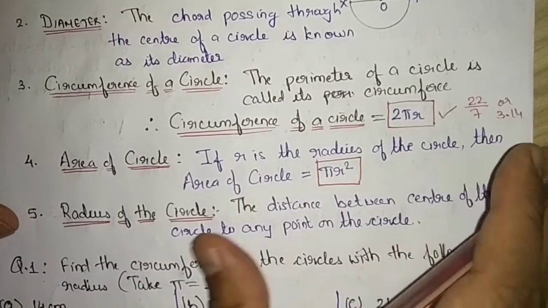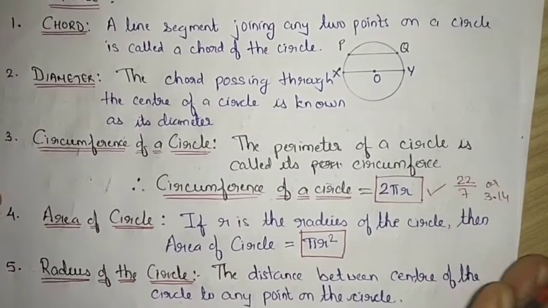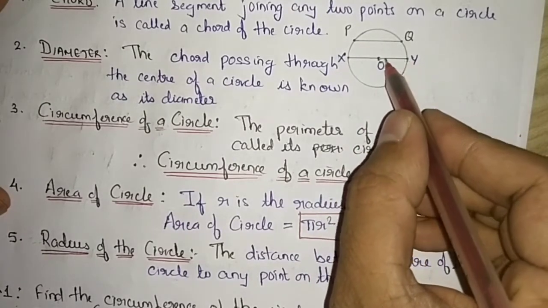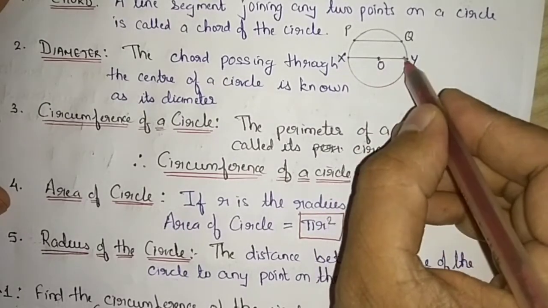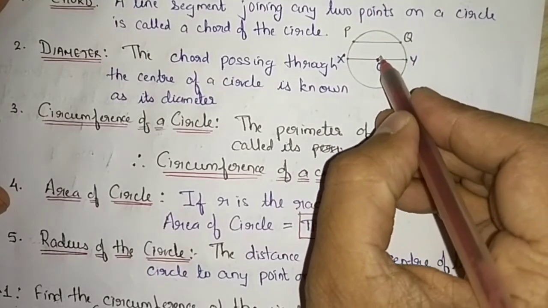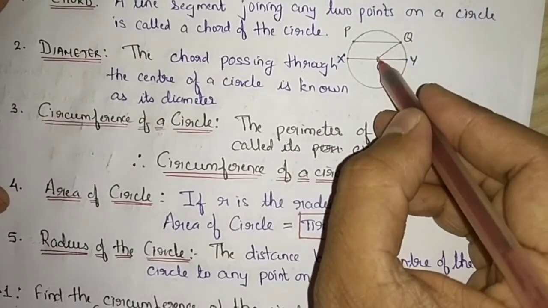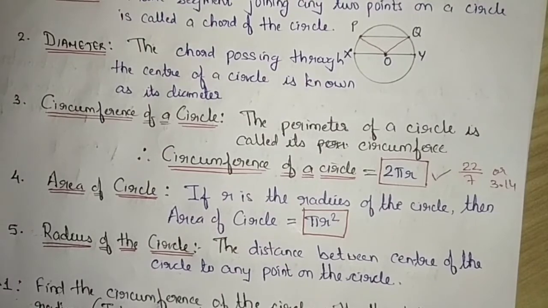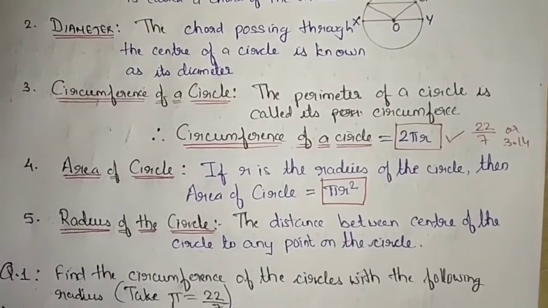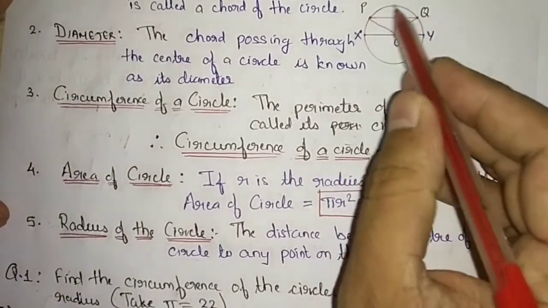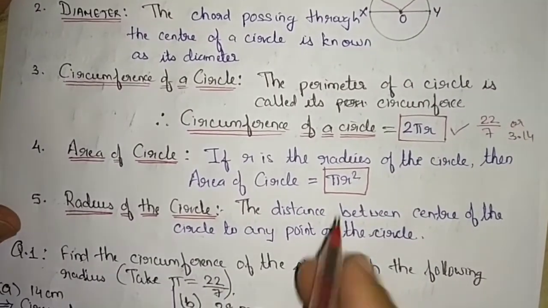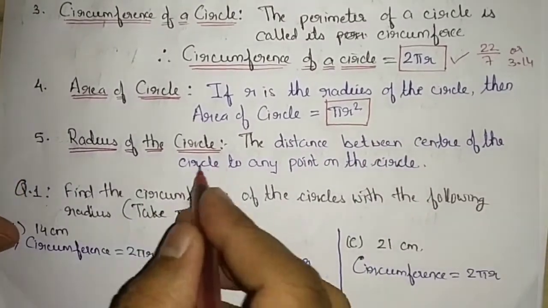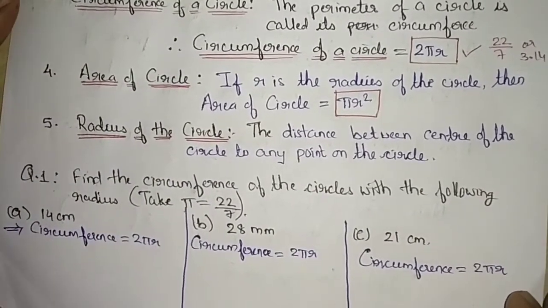And what is r? r is nothing but the radius. And what is radius? Radius is the length from the center of the circle to any point on the circle. This is radius. This is also radius. If I join OQ, this is also radius. If I join OP, it is also radius. Hope you have understood what is radius. Now coming to the area of the circle, the area occupied by this circumference, it is given by the formula pi r square. And radius I have already discussed with you. So this is all in the introduction part.